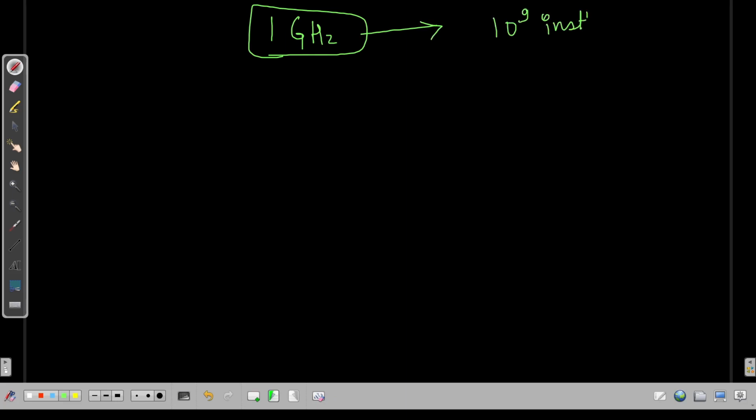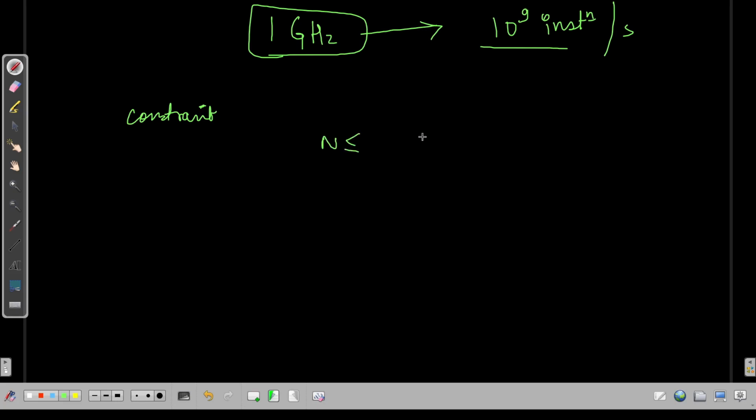The online judges that are testing your code against different test cases are mostly capped at 1 gigahertz. This basically means 10 to the power 9 instructions per second. So they can execute 10 to the power 9 instructions per second. So the logic is you will have to write your code in such a way that your overall number of instructions does not exceed 10 to the power 9. It basically depends on your constraint. So if the constraint is